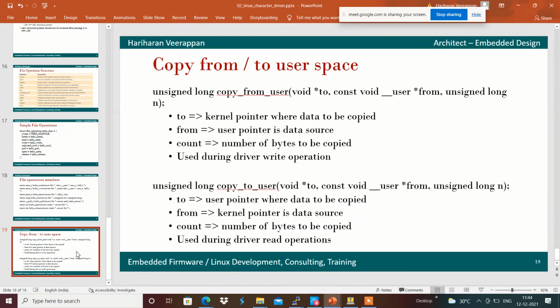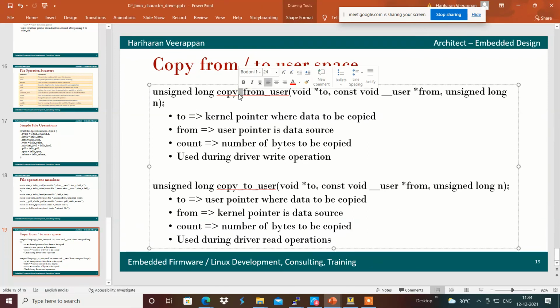We can do that with the help of the copy_from_user and copy_to_user functions. copy_from_user basically copies the user space memory data to the kernel space, and copy_to_user copies kernel space data to the user space.